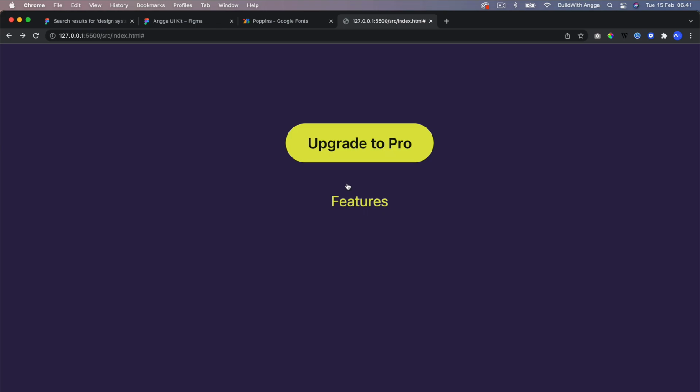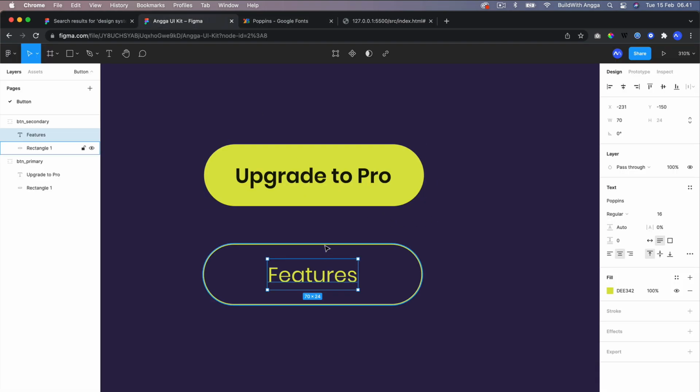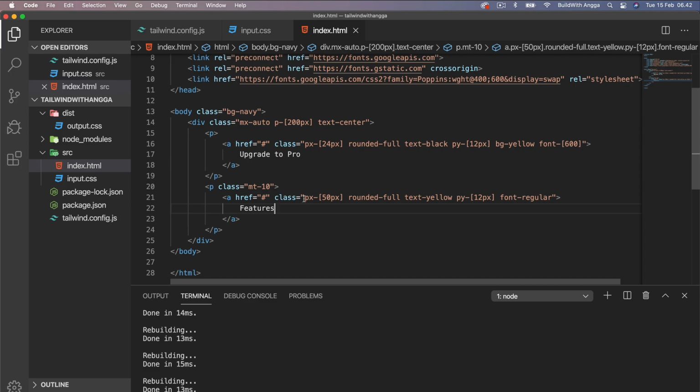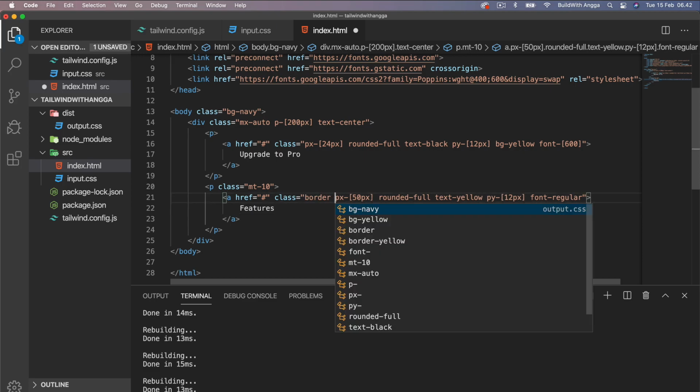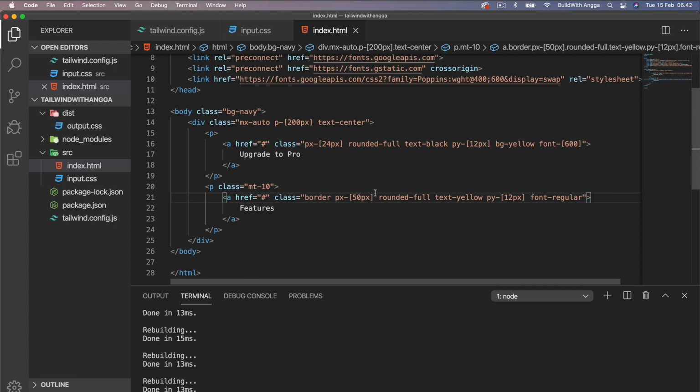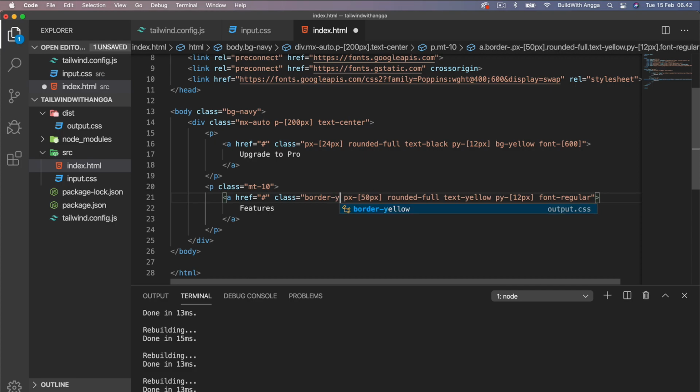Okay, it is working. Now about the border, we need to work on this border, which is 1 pixel solid with this yellow color. So we simply add border in this button style, and it's gonna be a white color. So in order to give the color, we couldn't do it like text yellow, or text black or background yellow.